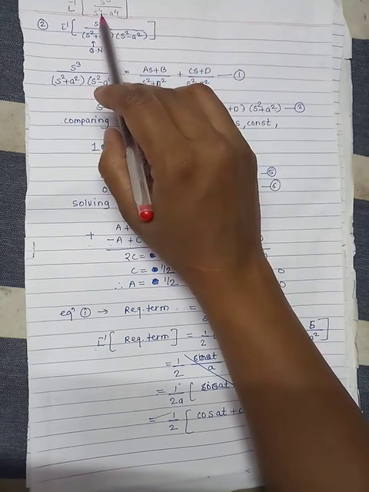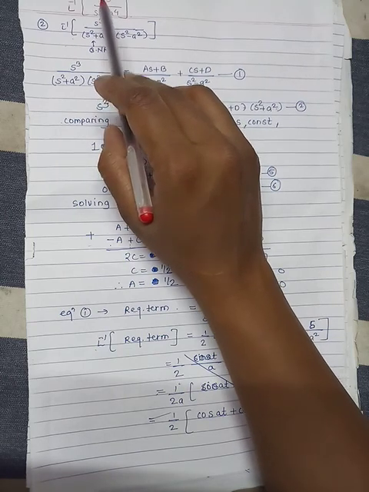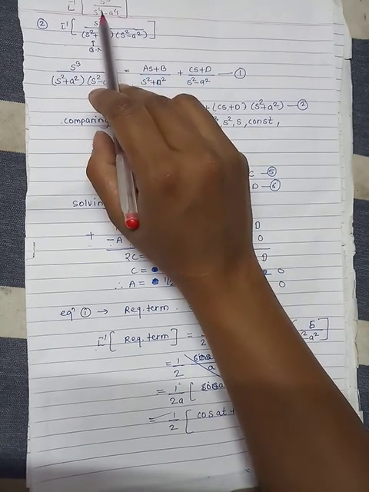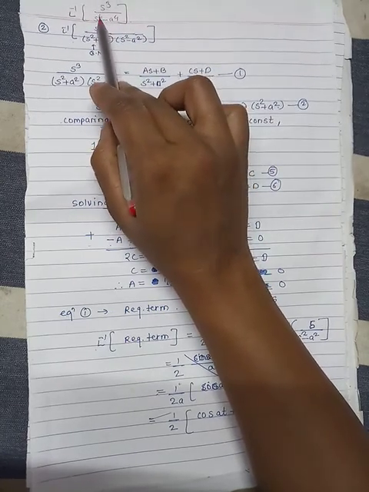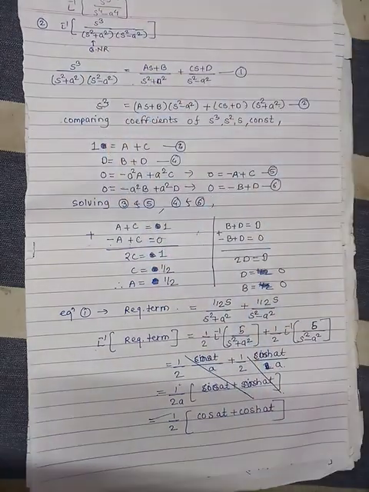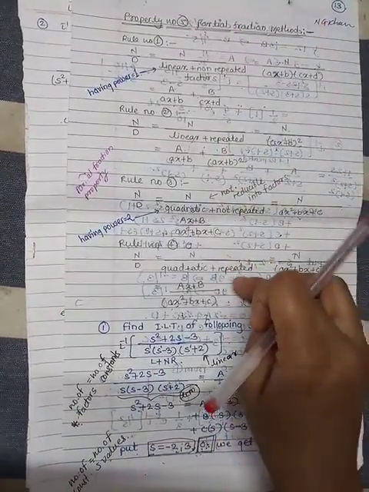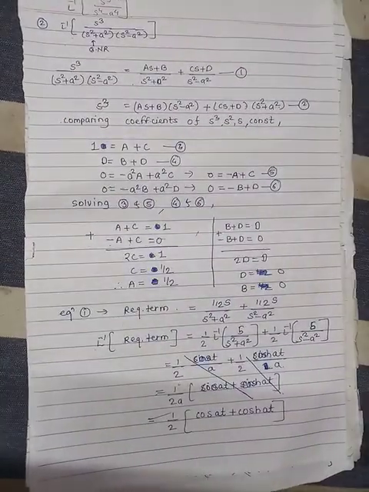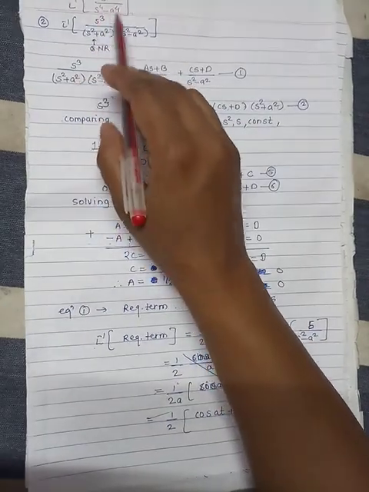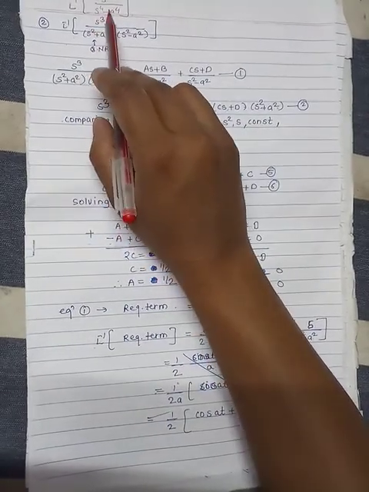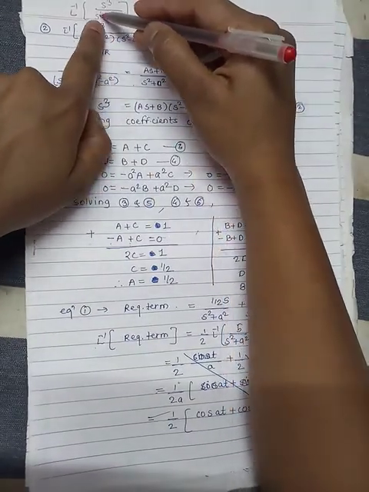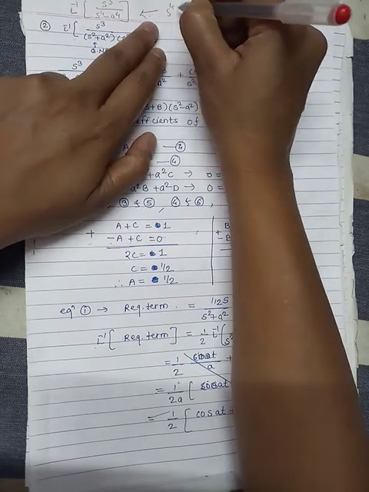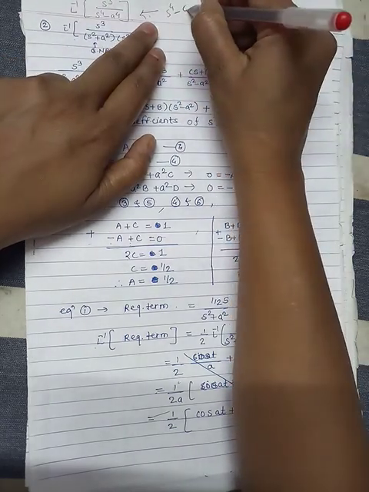So we have to use the previous 12 standard formulae. We have to apply these formulae and convert this type of fourth power term into linear factors or into quadratic factors, and then use these four partial fraction rules. So here s raised to 4 minus a raised to 4. So if there is such a term, that is, the middle sign is minus sign, and an s raised to 4 term should be there, and here there is a constant.